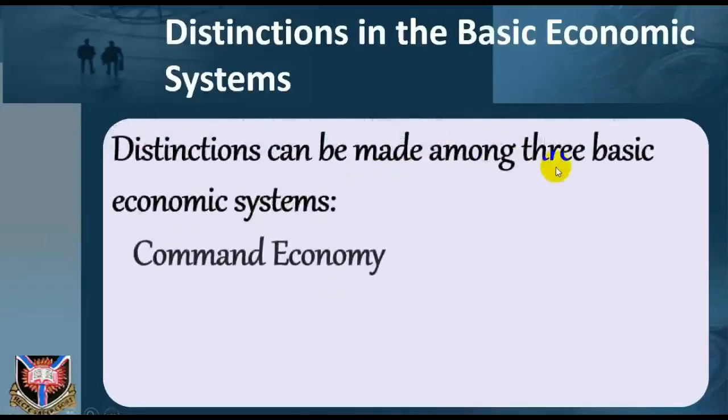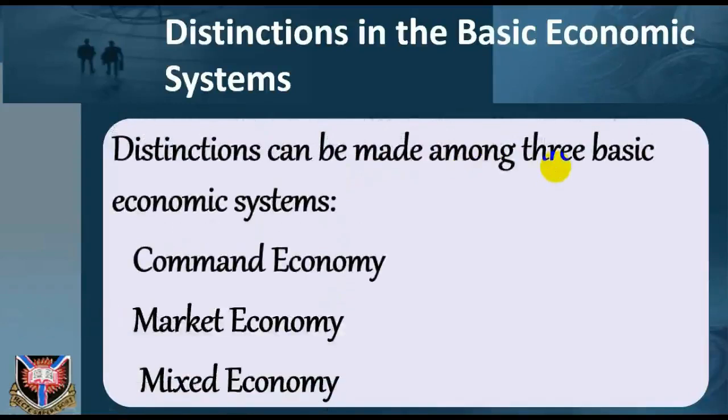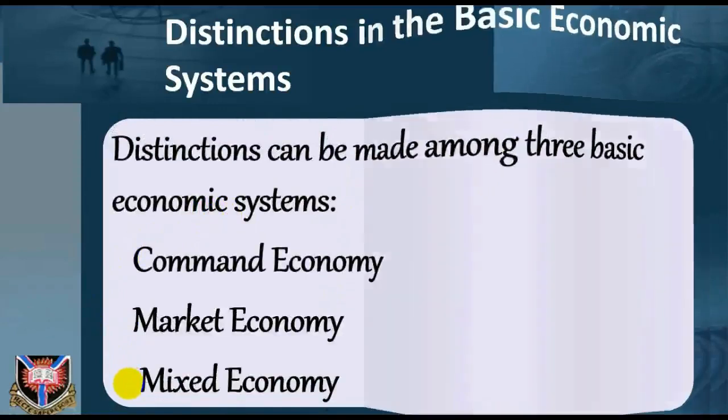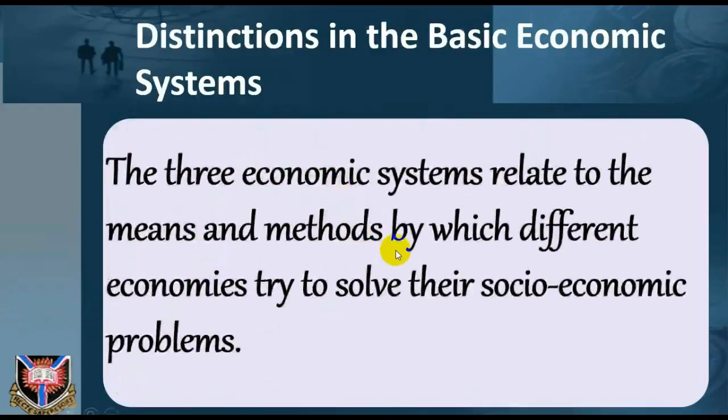Distinctions in the basic economic systems. Distinctions can be made among three basic economic systems: command economy, market economy, mixed economy. The three economic systems relate to the means and the method by which different economies strive to answer their socio-economic problems. It focuses on the means of ownership of resources, the role of the state, allocation of resources, and so on within each economy. For proper elucidation of the major features of each of these systems, we shall discuss them